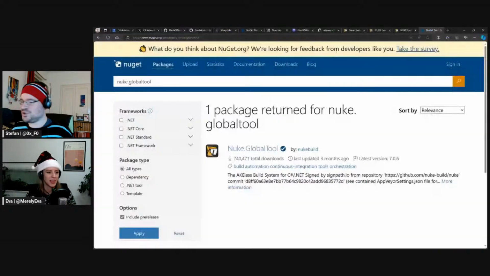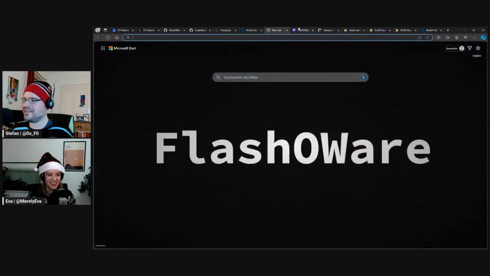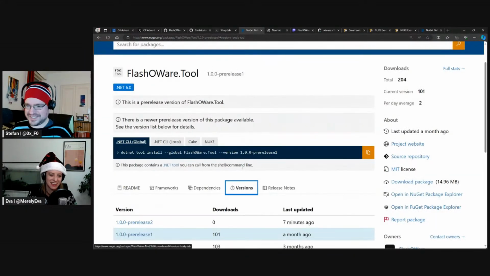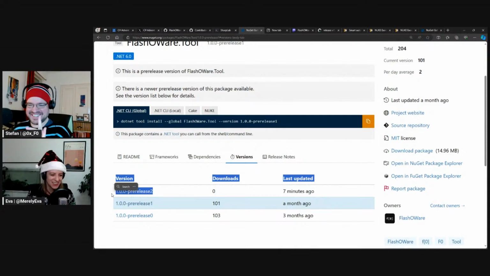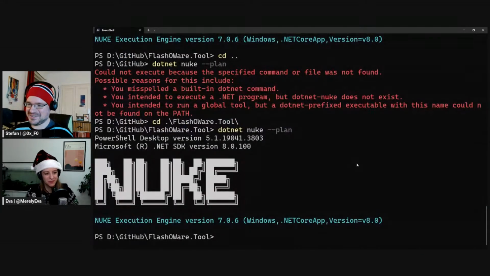Awesome. And this should result in our package now being listed and available. Yes, it worked. Woohoo! There it is. Perfect. And now let's take a look at our tool. Let's see what we built. Let's install it globally so that it's available on the entire machine. We can do that via .NET